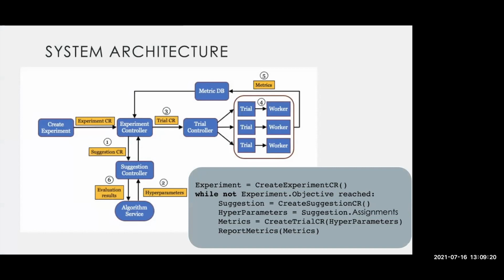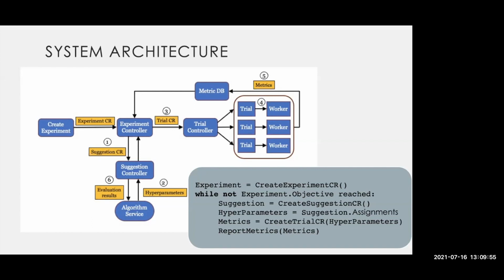So this is the key system architecture of KTIP. From a user point of view, he just creates a simple experiment spec, which is the experiment custom resource. As with any Kubernetes config, he could just do an apply on that. So what happens after that? I'll talk very briefly about it. It will help you debug if you find something unusual in your environment.